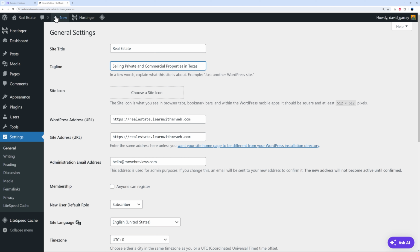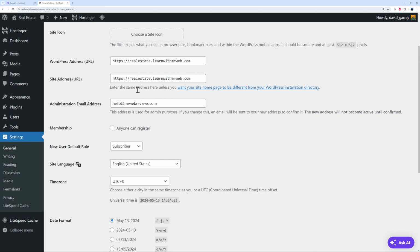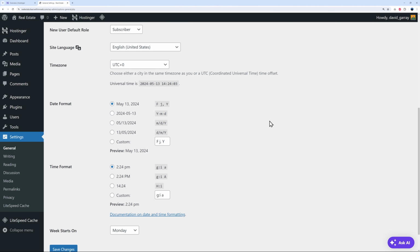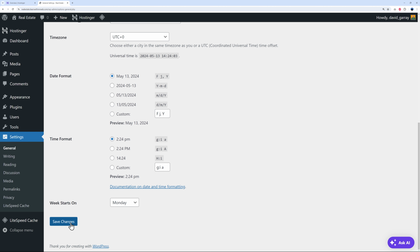So this basically will display here on top. So if you hover on top of any website, as you can see, you have the information displaying. So basically here, instead of what we have at the moment, we'll have real estate and then selling private and commercial properties in Texas. Again, this is going to help your visitors know exactly what it is that you do. Okay, so right here we have the admin email address, so make sure this one is correct because this is where you receive all your emails. Scroll down the page. Here you have your main language. You can change this accordingly. You have the time zone as well, date format, time format, and the start of the week, and then save